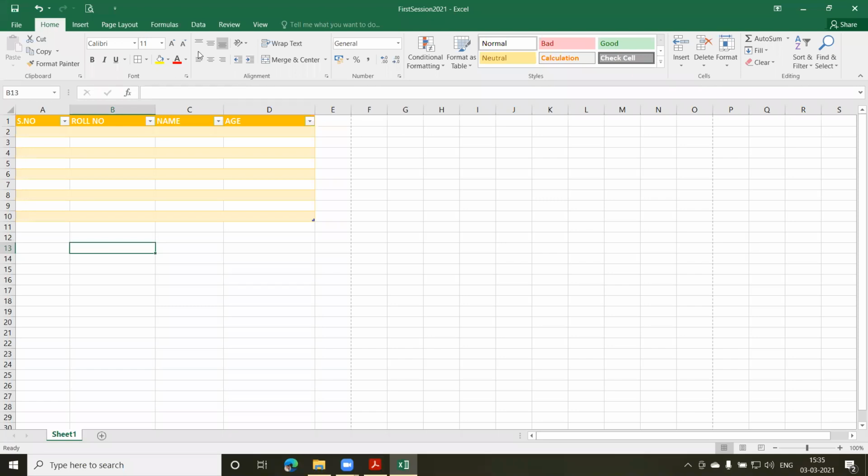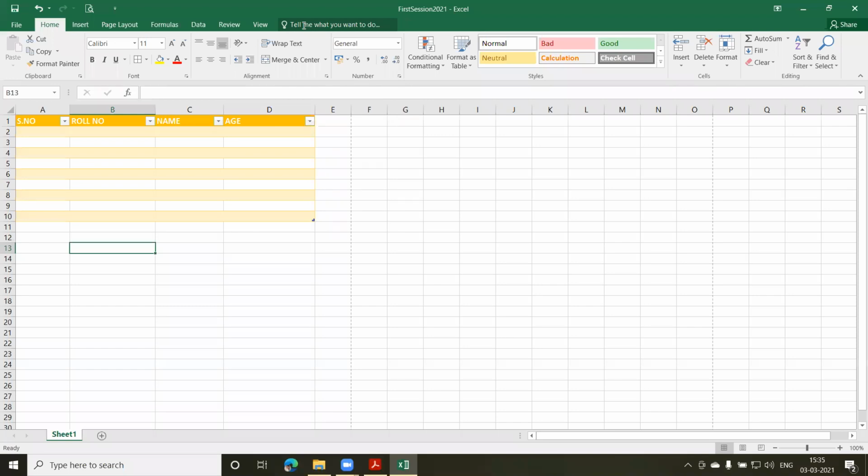Now, one more thing. If you look at the last option after View, it says "Tell me what you want to do." This won't be available in older versions of Excel. It is only available in the new Excel version. So those who have older versions might not see this option there. It is a very useful option, let me tell you. For this, you need not remember all the commands.